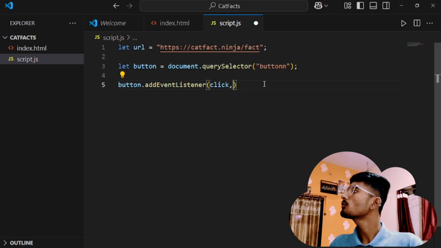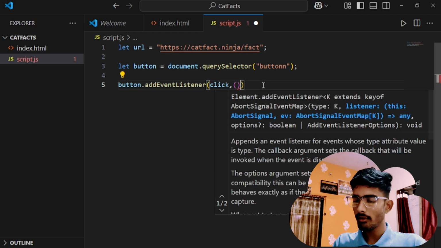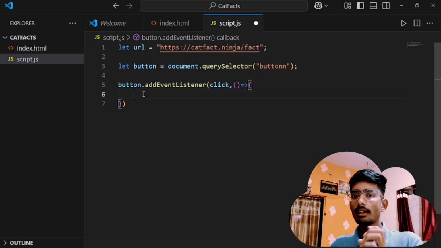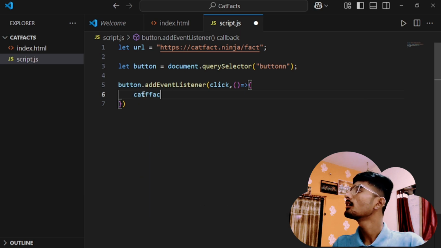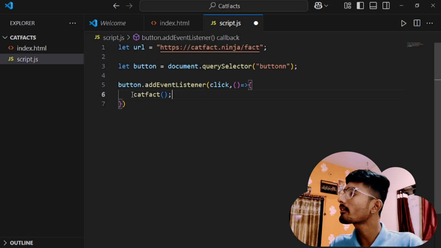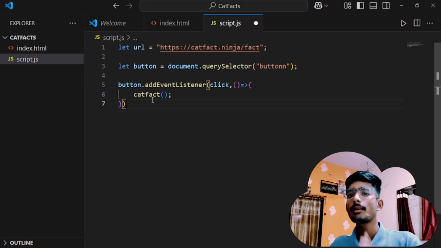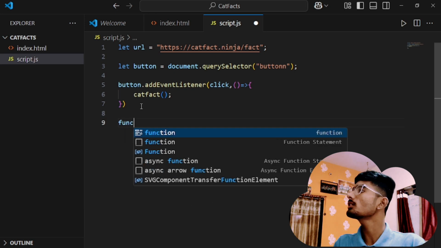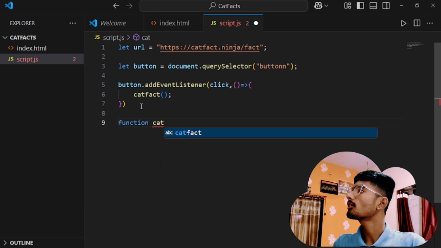And yes, here we have used the click event, and after clicking on it we will pass one callback, and that arrow function will return. What will happen after clicking on the button? If we click on the button, then it should return a cat fact. We will call here the catFact function, and we have to make this catFact function. When we call this function, at that time there should be generation of a cat fact. So we are going to make a function which will be named catFact,